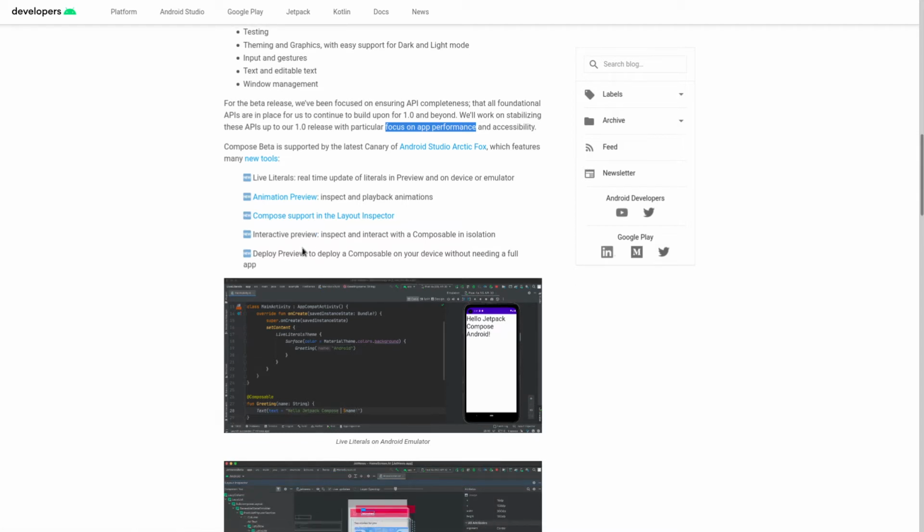Interactive preview, which allows you to interactively preview your UIs, the UIs that need interaction, like the buttons, like other views that you add click options to. You can even make an image clickable in Compose. You can make every UI clickable, most of the time, in fact,